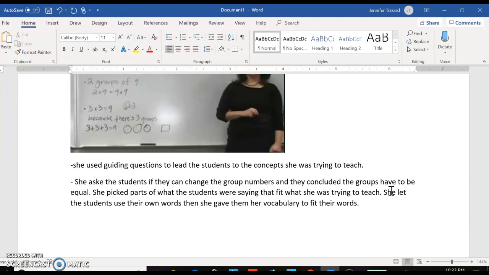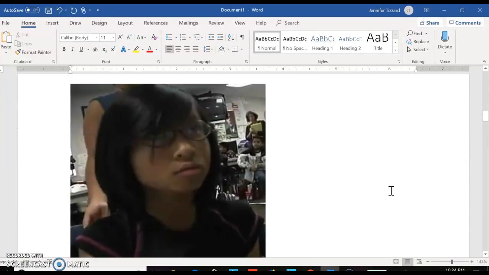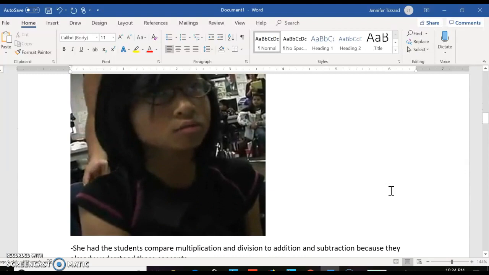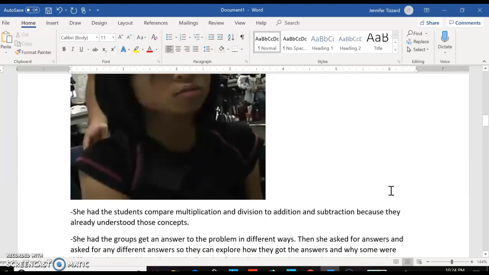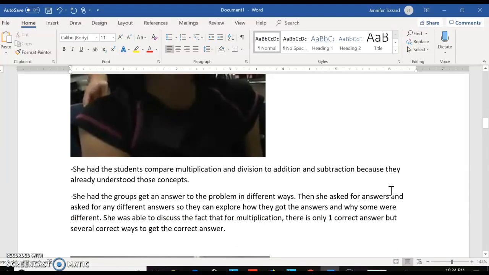She picked the parts of what the students were saying to fit what she was trying to teach. She let the students use their own words. Then she gave them vocabulary words that fit what she wanted. She had the students compare multiplication and division to addition and subtraction because they already understood those